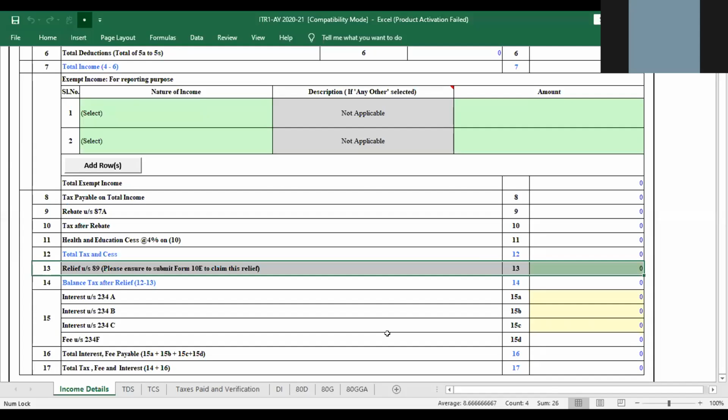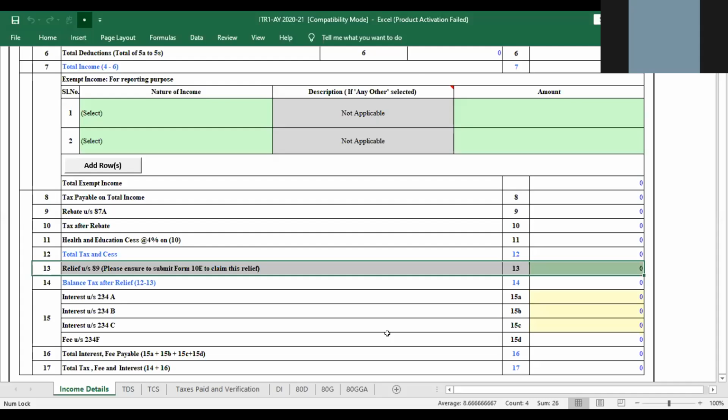Now, in the year in which that income was due to you, salary was supposed to be given to you, you were in a lesser slab rate. Say you were in a 10% slab rate. This year, you have come into a 30% slab rate, and that income is credited to your account this year. Now, just because you are in a higher slab rate, that income which is received by you gets taxed at a higher slab rate, which is absolutely not fair. For those kind of situations, relief is available under section 89(1).